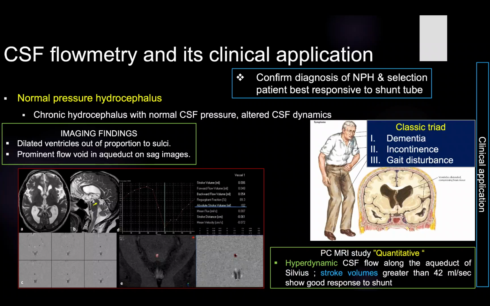suspecting normal pressure hydrocephalus. In the routine MRI imaging for normal pressure hydrocephalus, there are certain criteria that are characteristic, and by these features we can suggest that the patient has normal pressure hydrocephalus. These features include dilatation of the ventricular system that is out of proportion to the extra-axial CSF spaces. In the sagittal image, we can see exaggeration of the signal void along the aqueduct of Sylvius, and there are other features